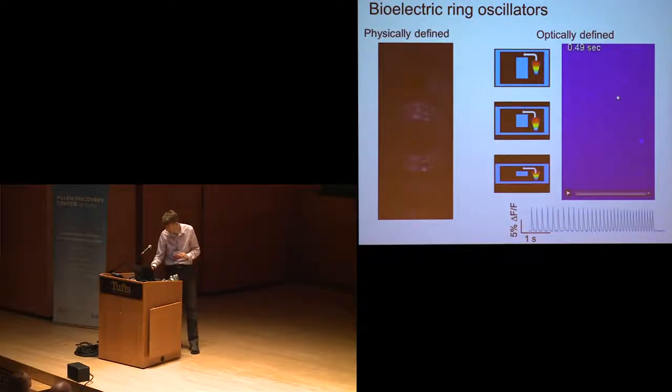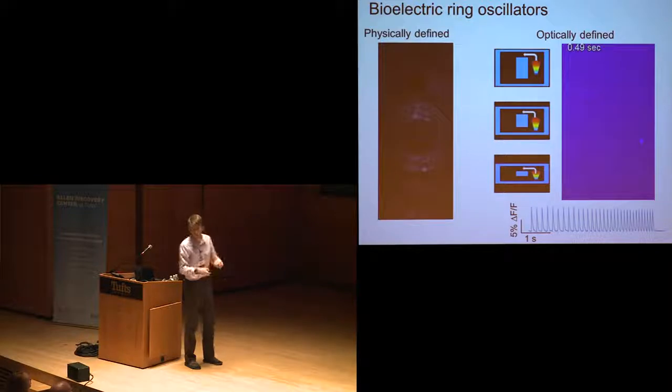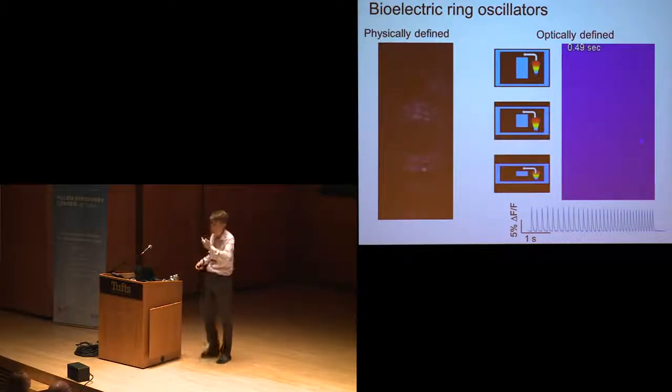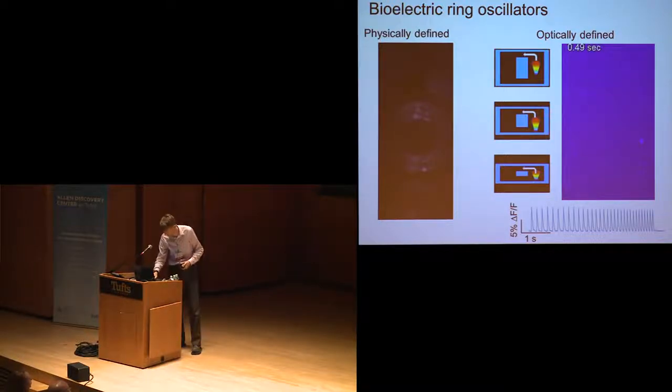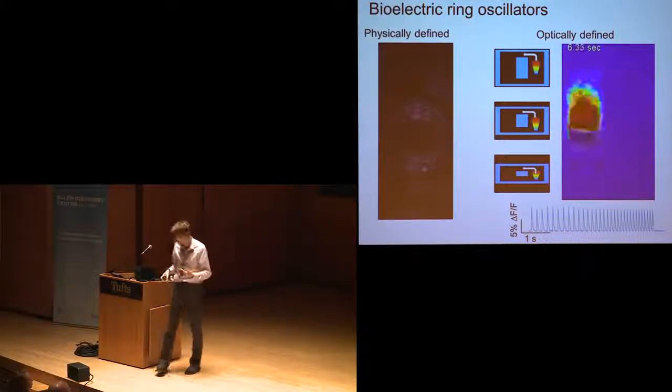We can also optically define these cellular ring oscillators. Here I'll show you an example where we use steady blue illumination to inactivate the sodium channels in this track-like pattern so that we have just a conductive track with inexcitable boundaries on the outside and the inside. And then we'll launch a wave which will go around and around in the track. That's setting up the track, and then there's an initiation pulse, which will come in a second, and then we'll launch this directional wave. And now this wave is going around in the optically defined boundaries.